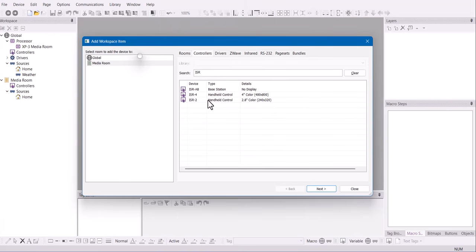We have the ISR2, which is a 2.8-inch Wi-Fi color touchscreen. We have the 4, which is a 4-inch color touchscreen. That eliminates the keypad, which the ISR2 has, and the ISR-AB. That's an optional base station. It's also a scene controller, and also can be used as a wireless or wired access point for your RTI remotes. I'm just going to go and add the ISR4, and now instead of selecting the global area where multi-room